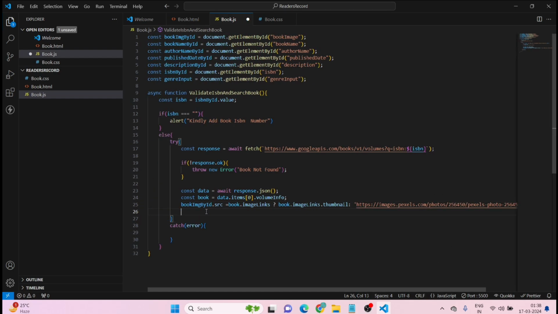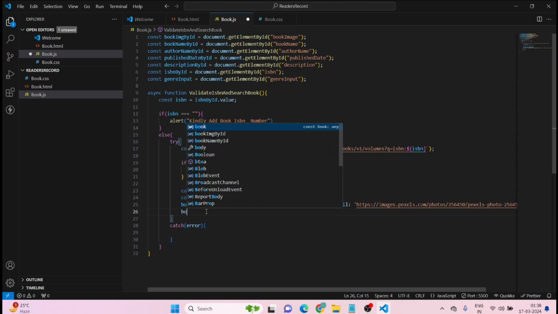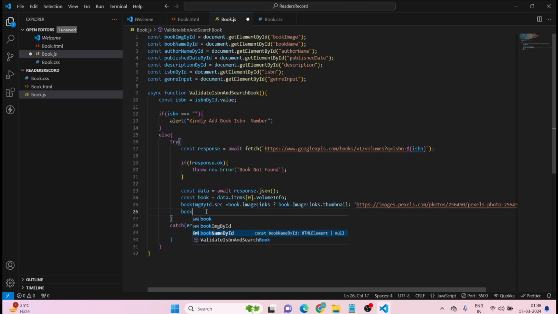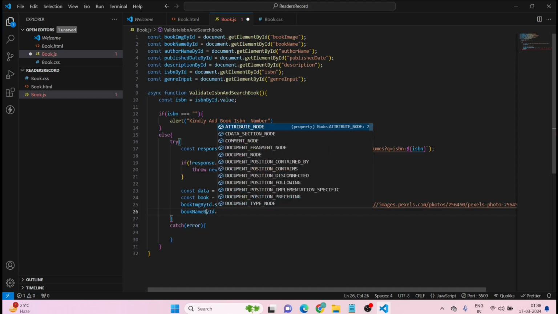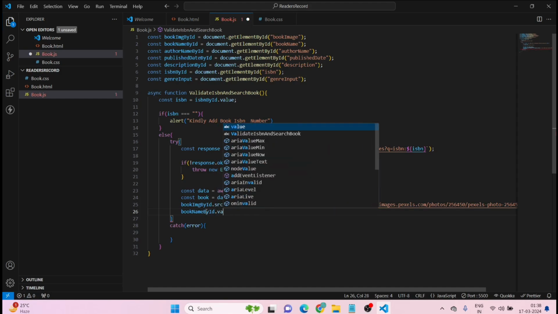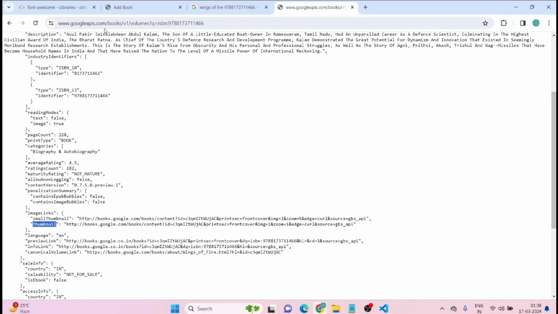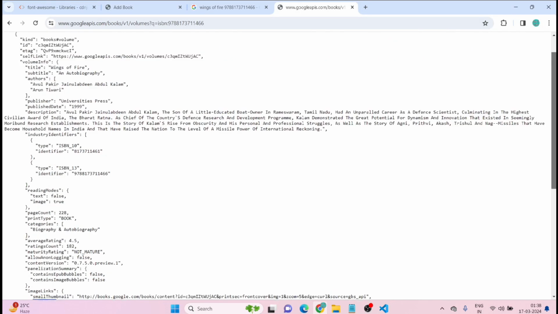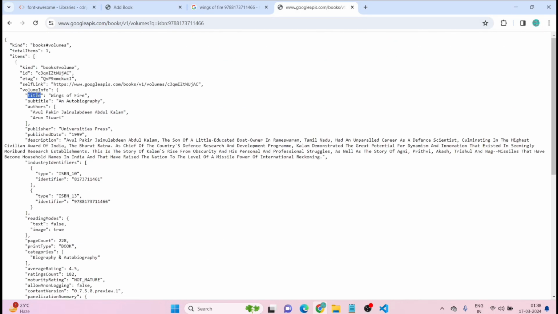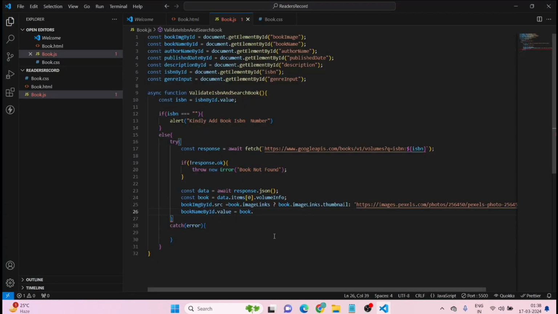And now once done with this, what we have to add is book name by id dot value is equal to book dot title, which we will be getting from here. So copy it, paste it,